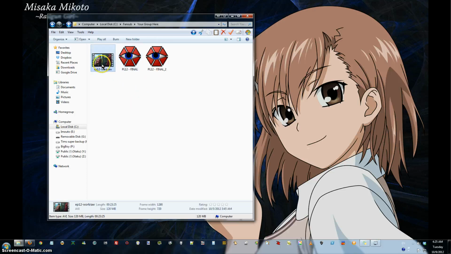Now I'm going to take this work raw and go to rename, which highlights the name, and I'm going to press Control C to copy it, and then go here, rename this one, Control V. Now these two match. So we're just going to double click on our work raw,